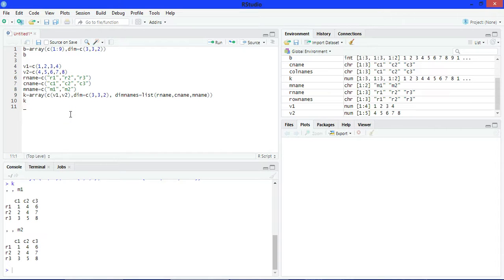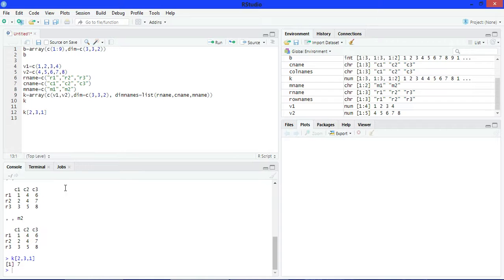Now we will see how to access elements of an array. If we want to access the element 7 from matrix 1, then write row number of 7, 2, column number of 7, 3, and matrix number of 7, 1. Now running.